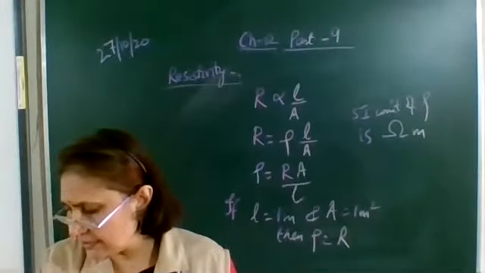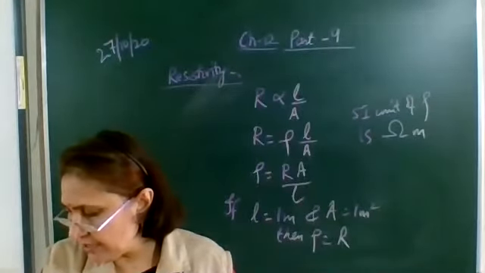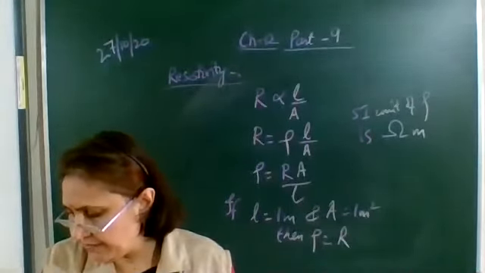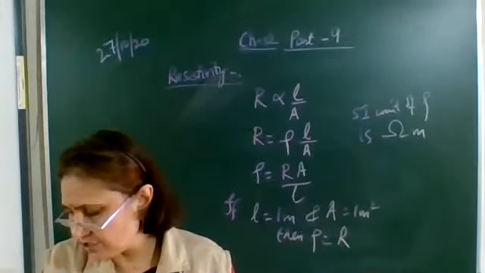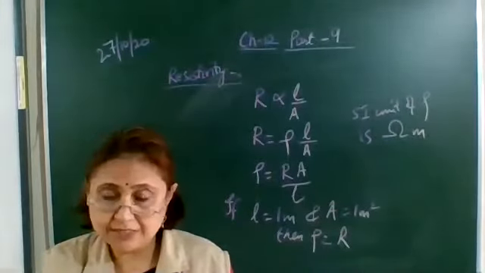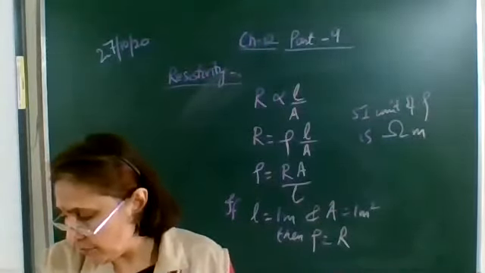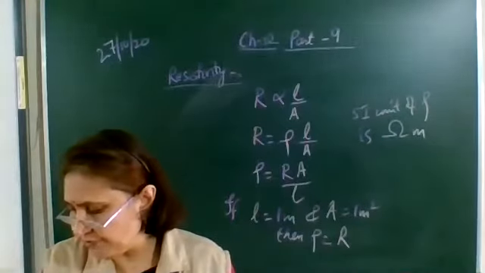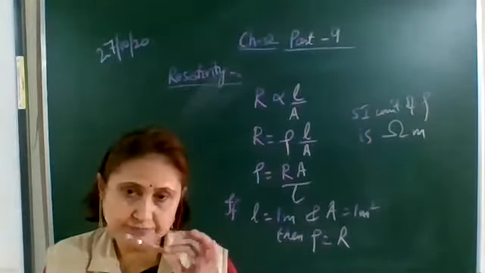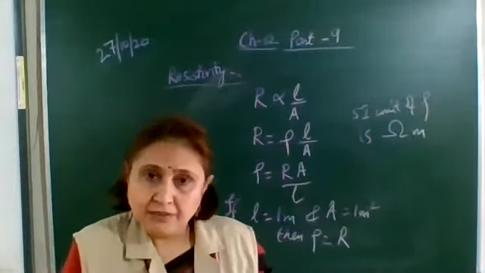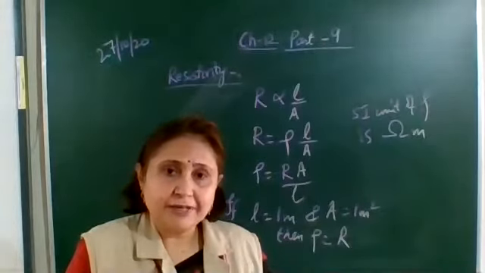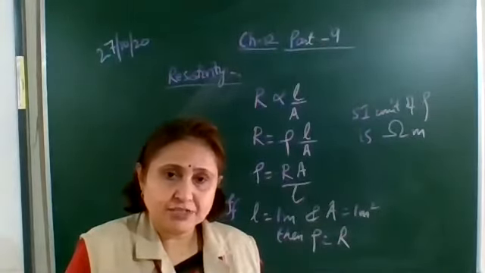They are good conductors of electricity. Insulators like rubber and glass have a resistivity of the order of 10 raised to the power 12 to 10 raised to the power 17 ohm into meter. Both the resistance and the resistivity of a material vary with the temperature. Here, resistance we have seen depends upon length, cross-sectional area, temperature, etc.